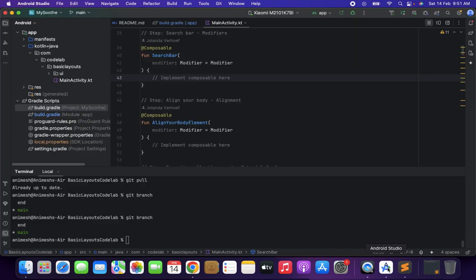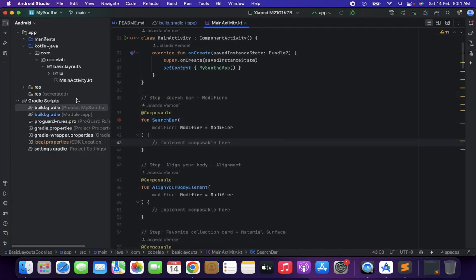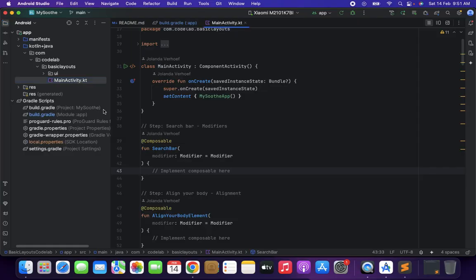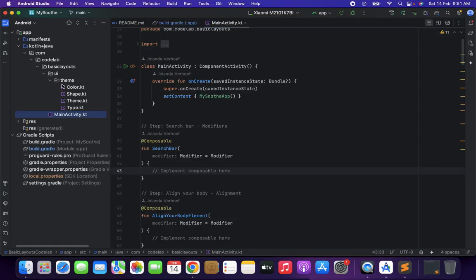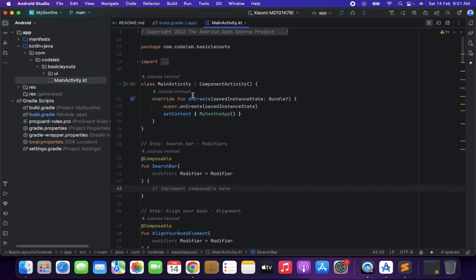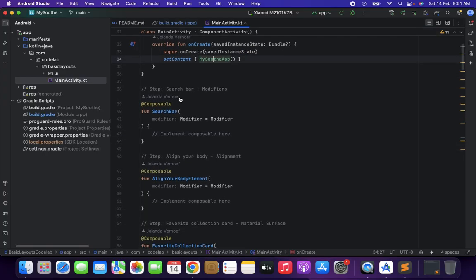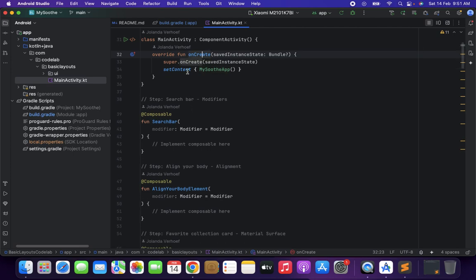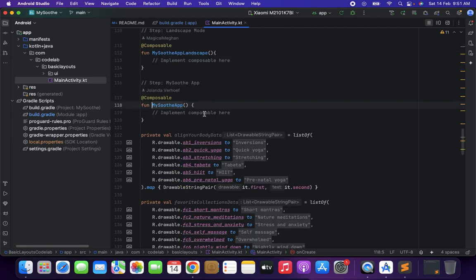So let me show you what the starter code looks like. The starter code has the main activity only. That's it. The UI theme part is the same for every application. So here is the main activity, and Jolanda Varhoff has created this project. Here is the onCreate function, and inside that one there is a call to MySoothe app, and